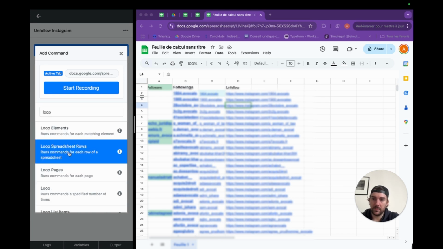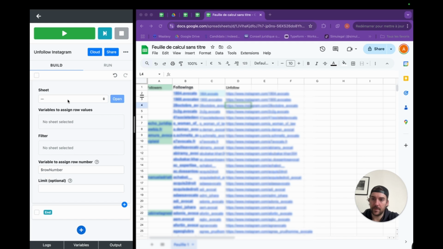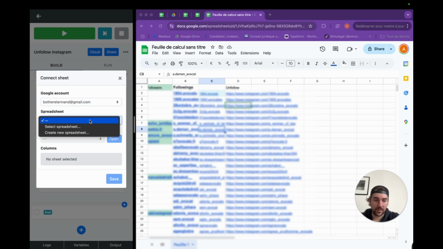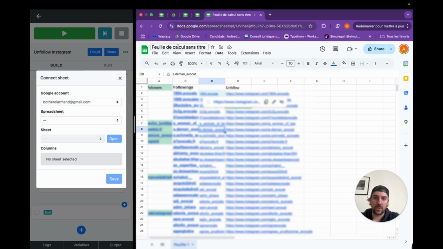Loop, spreadsheet rows, under sheet, connect sheets, you choose the account, and then we're going to have to select a spreadsheet. For it to be easier, we're going to give our spreadsheet a name.